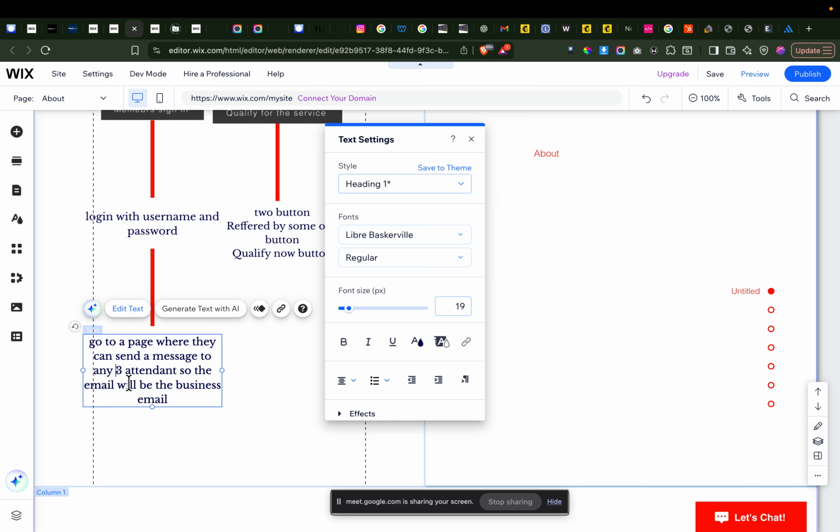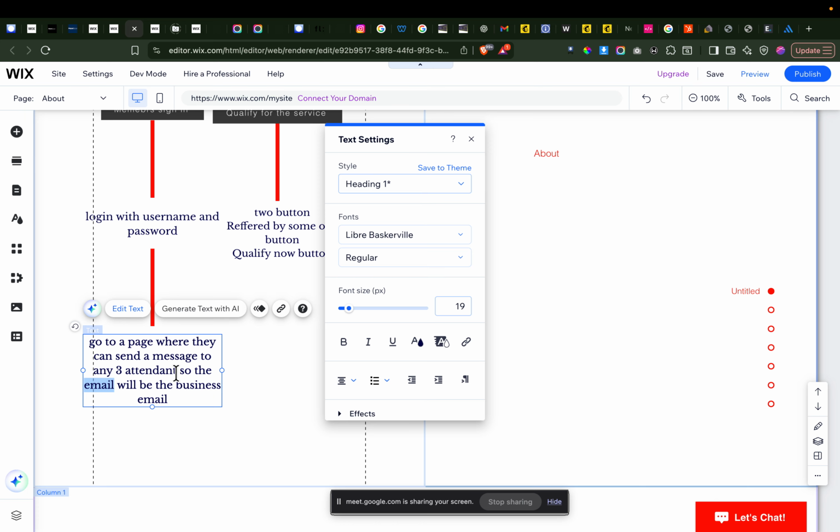The form will end up going to an email, but the customer will see something different. Go to a page where they can send a message to any available attendants.